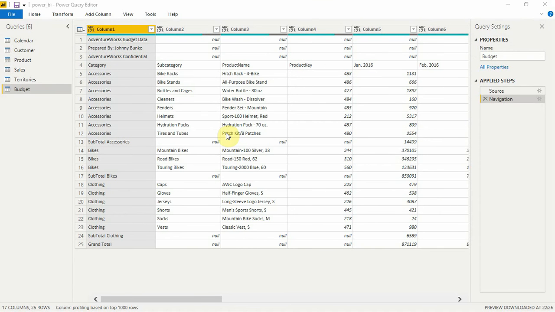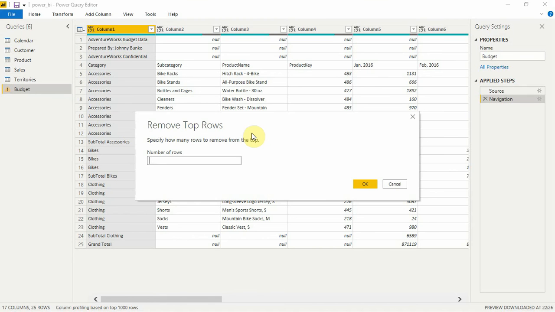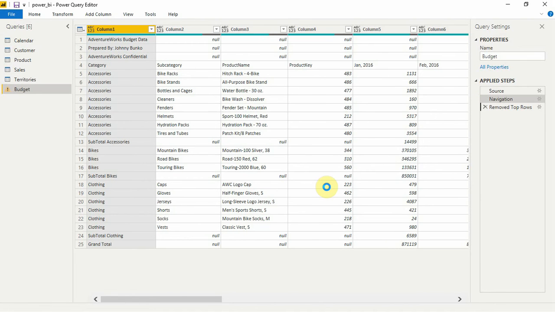All right, so right now it's loading. And okay, so how many rows we want to remove here? We want to remove 1, 2 and 3 rows that are our header rows. So we'll type 3 and we'll type okay, and now you'll see that magically the rows disappear.